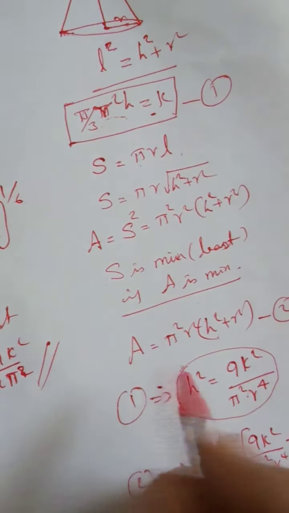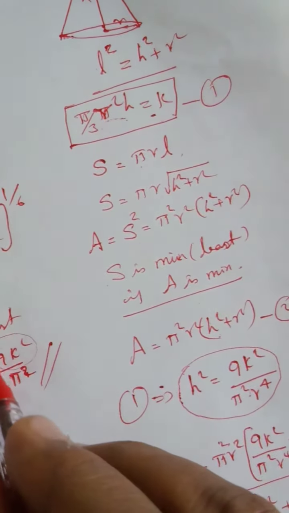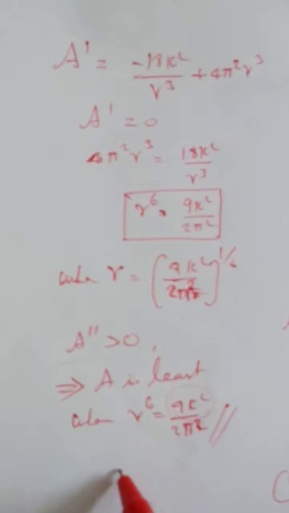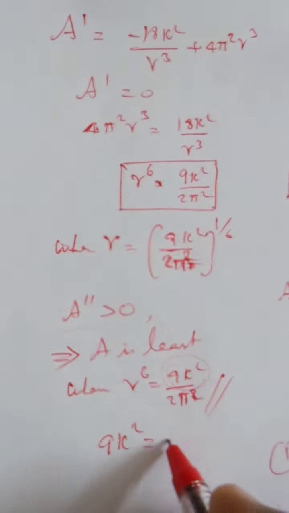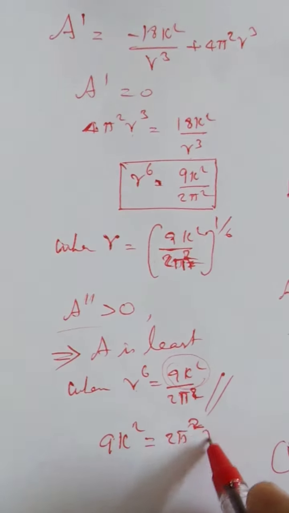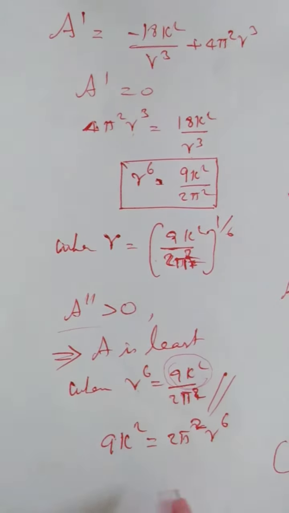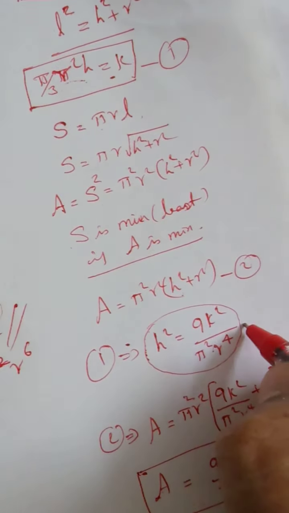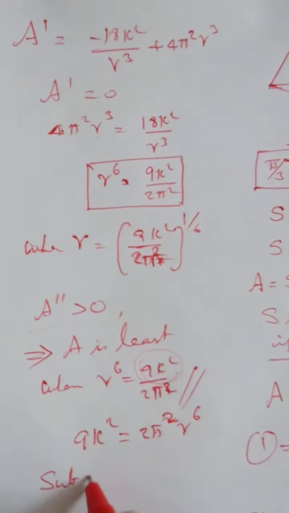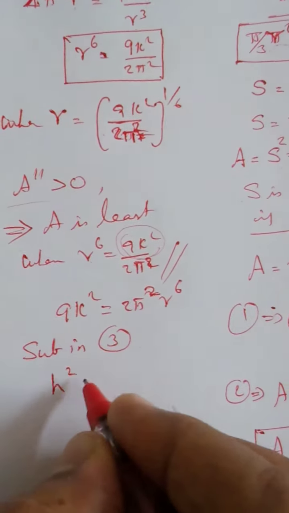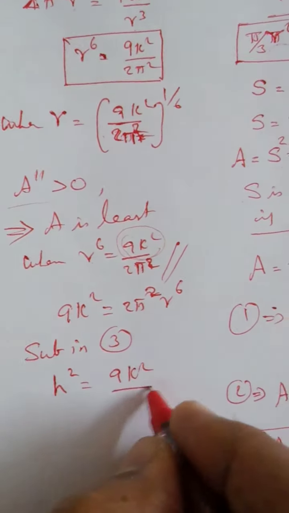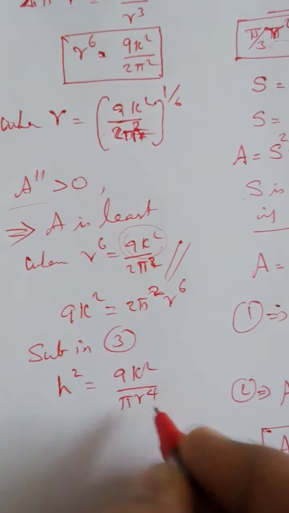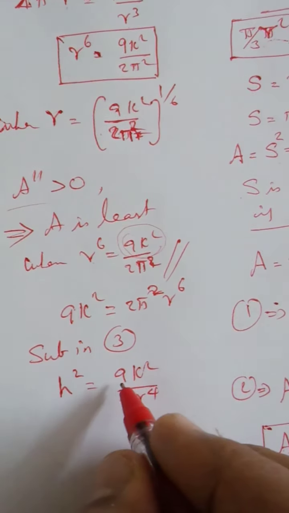You can't substitute for r. It's easy to substitute with your 9k square. So what you write is 9k square is equal to 2 pi square into r power 6. So when I substitute in that relation, which I showed already in your step, if you want you can specify it as 3, and substituting in 3, what was your 3 there? It is h square equal to 9k square by pi r power 4. So when I substitute for 9k square here,